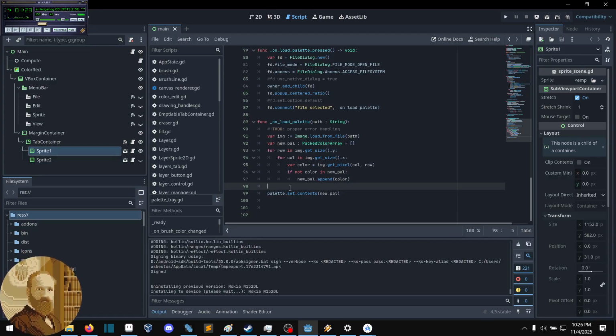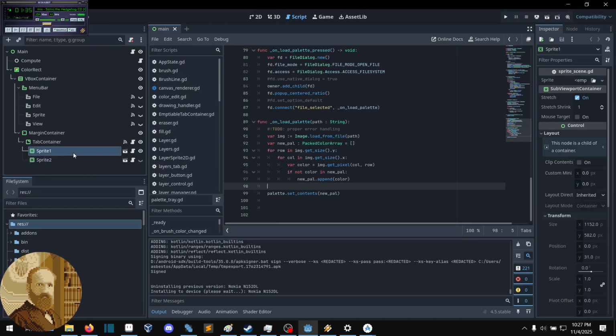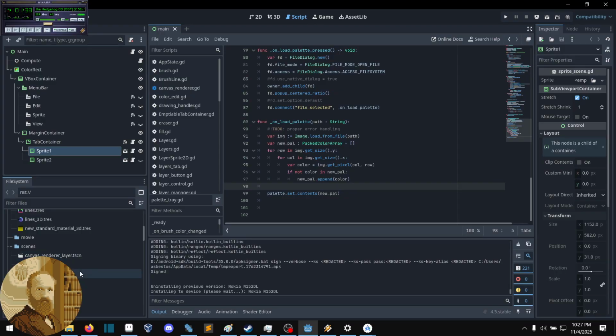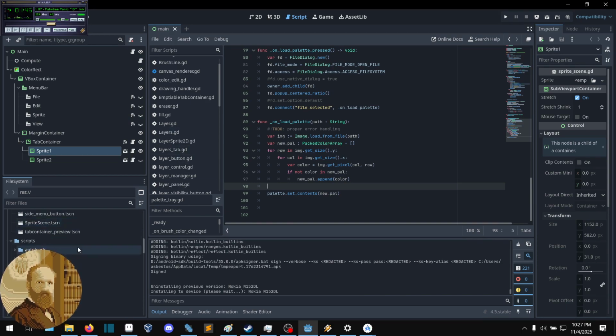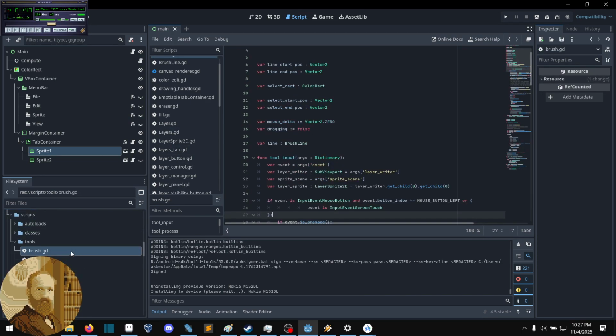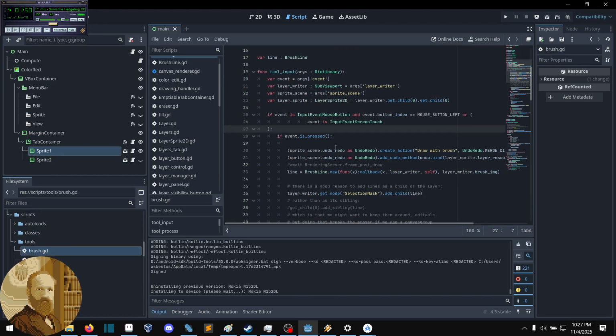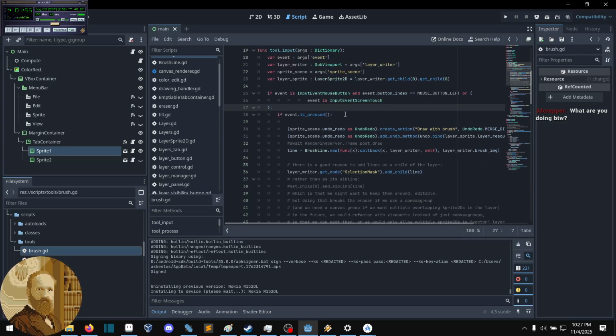Either we'll have to do something in the camera, because that does panning, or we'll have to do something in the brush tool. And so the deal is, basically, when we start doing